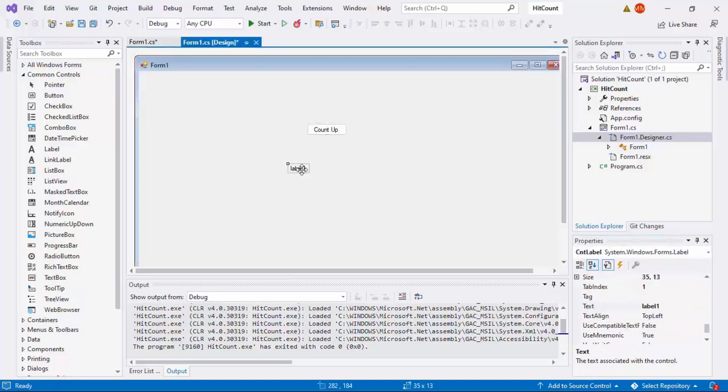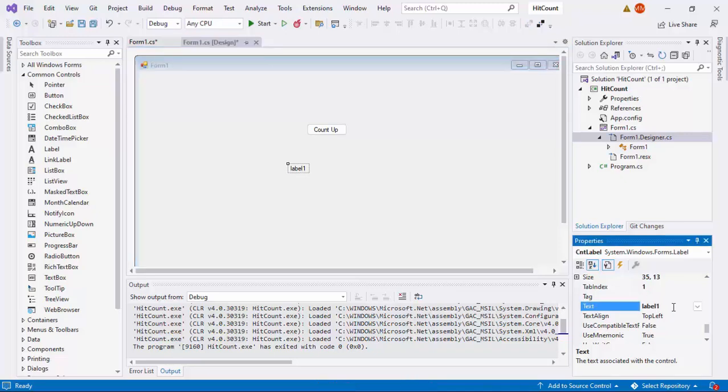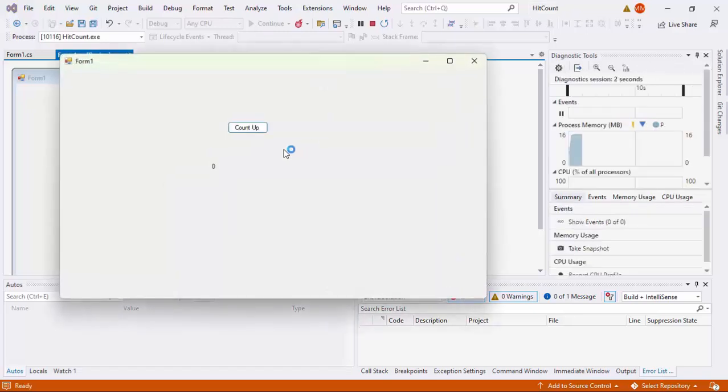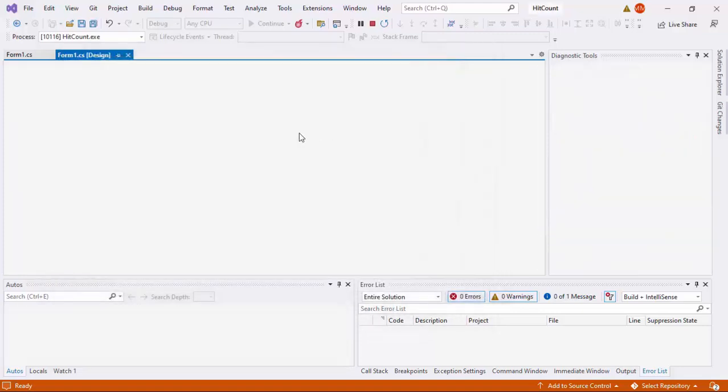Then for the label, instead of starting with the default label 1 at the beginning of the program, we start with what? With 0, of course. Okay, so save it again, run again. Then you get everything working fine.